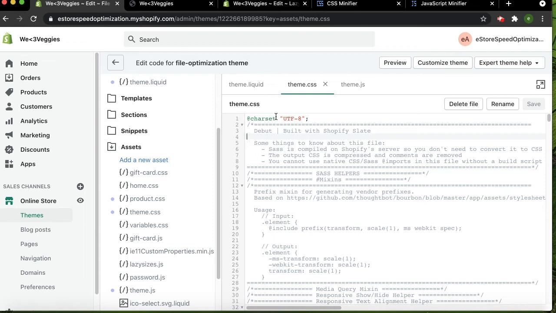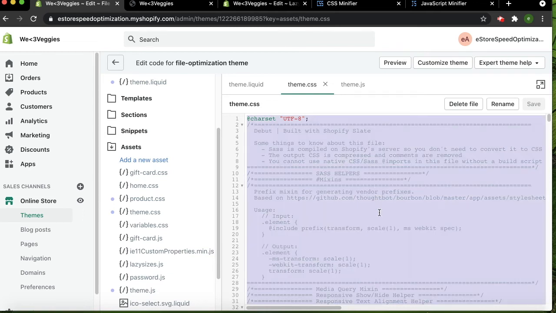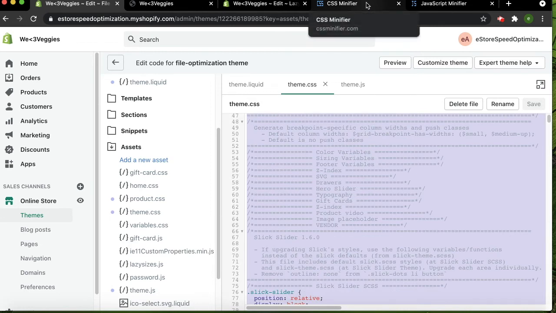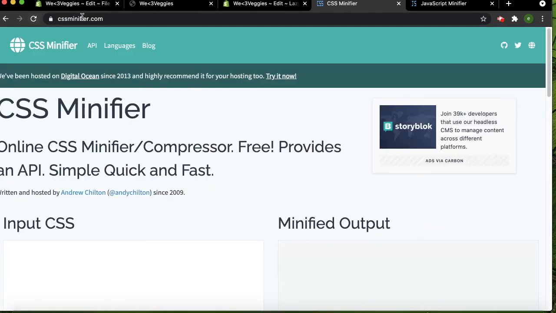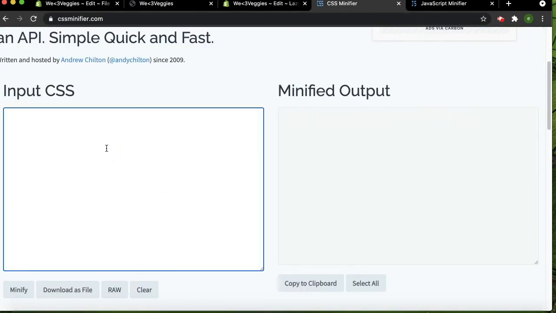And when you want to make changes, then use the unminified version. And then when you're about to push your theme live, then minify your code. So I'm going to show you how to minify your code right now. It's very simple. You just copy all your code, then use a minifier tool like cssminify.com, paste your CSS